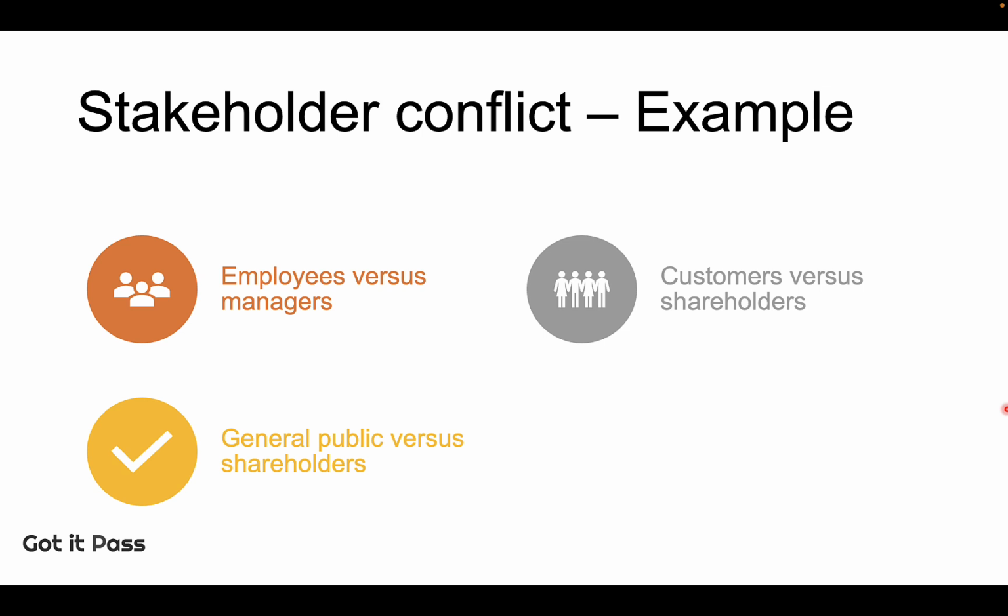For the general public, they are looking for environmental concerns. So they expect the company or the organization to be environmentally friendly. The community or the general public are happy with that. But shareholders are looking for cost minimization. They would like to minimize all the costs as much as possible, because they are looking for profits or dividends. In other words, the shareholders sometimes don't care too much about the environmental issue in the operation.